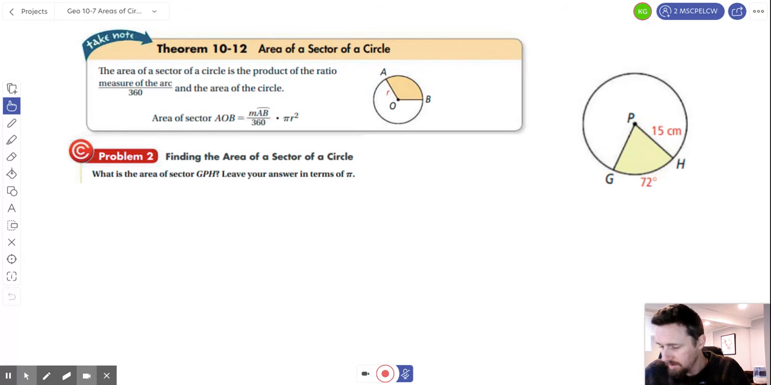Now we're going to look at something that maybe is new. We are going to find the area of a sector of a circle, and a sector is just like a pie slice of the circle. So it's just that chunk of the pie, and we want to know how much of the circle it is. And in order to figure that out, what we're going to do is